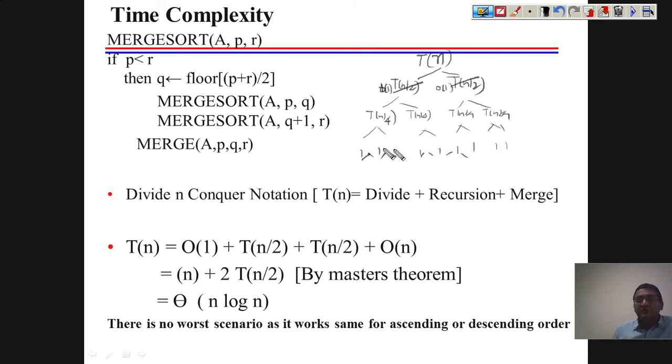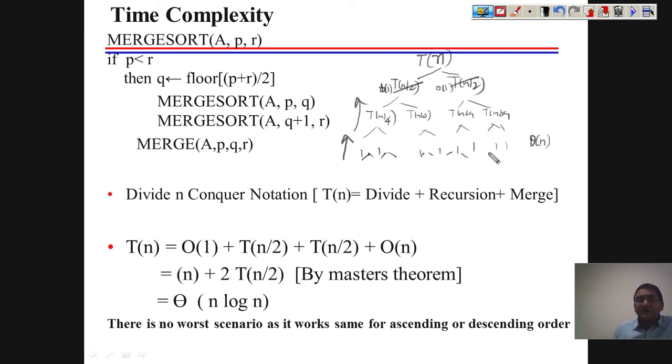So initially when you get individual elements, you will apply the merge procedure to get the sorted array, and you reach the next level. As we discussed, we keep on combining these smaller arrays and moving upward. So you have to apply the merge procedure here, whose cost is theta of n.